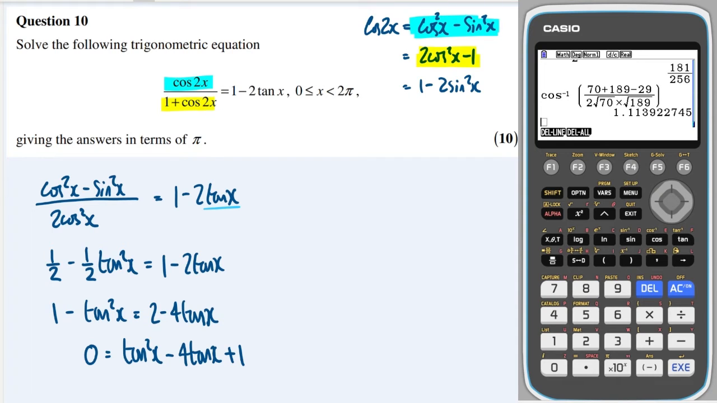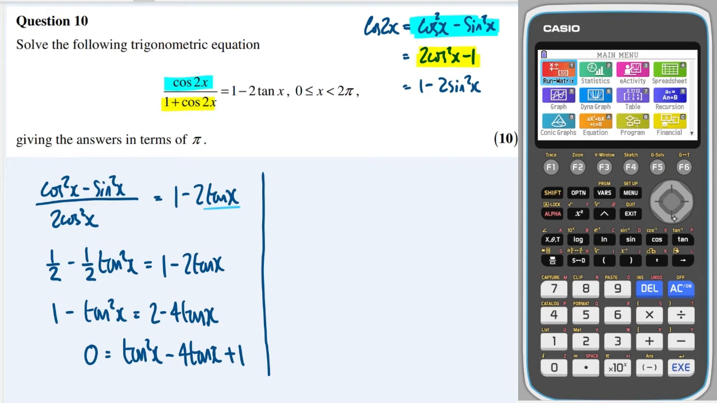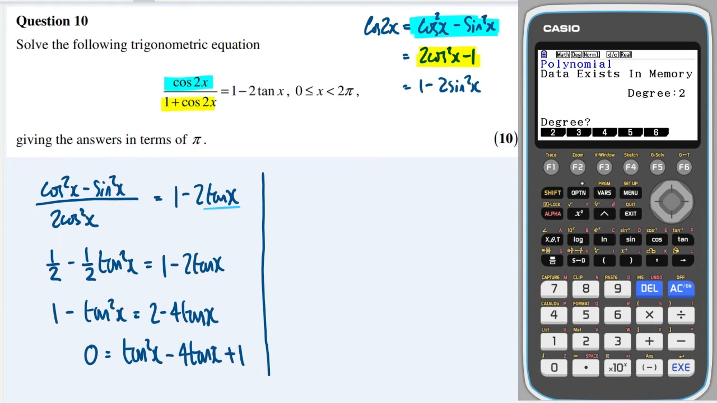this can't be factorized. So instead, what I'm going to do is just cheat and use my calculator, basically. So menu, equation, polynomial, degree 2, we've got a 1x squared, we've got a minus 4x, and we've got a +1. And we're going to get